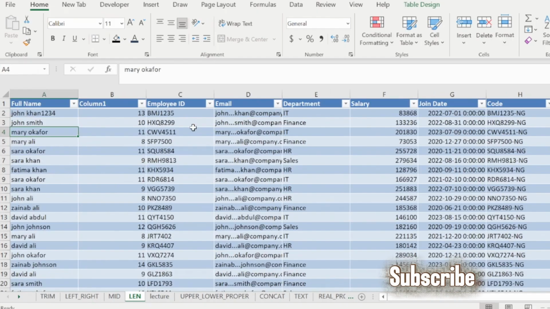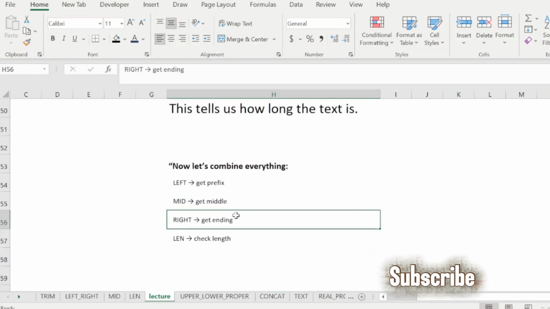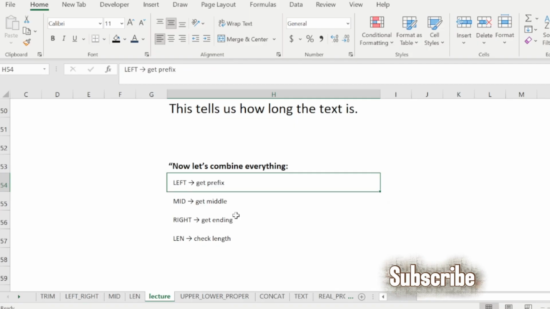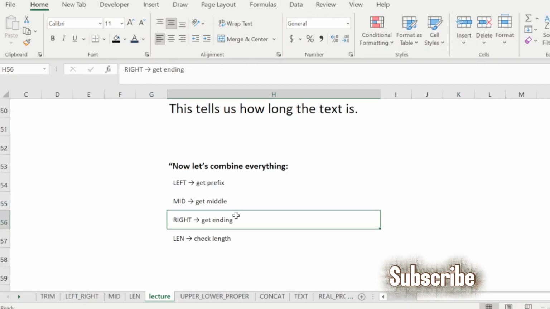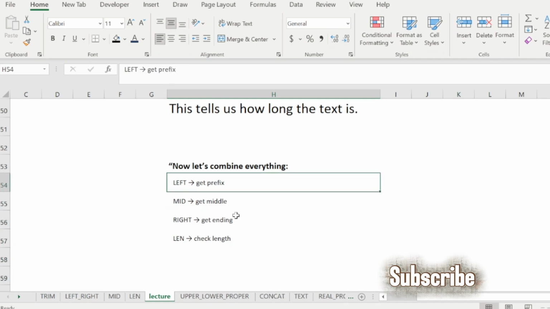These functions help us understand our data, not just calculate. So now let us go to the last part of our lecture notes. So now we combine everything. The left function helps us to get the prefix, and the mid function helps us to get the middle characters. Then the right function helps us to get the ending part, and the length function helps us to check the length of the word or the characters